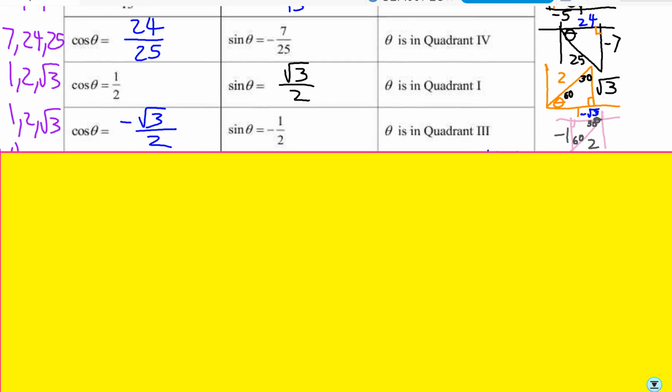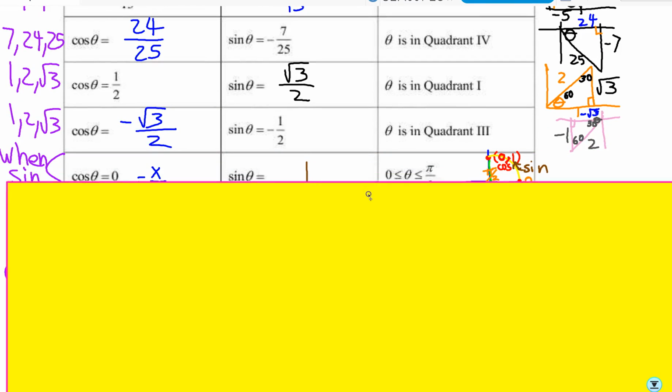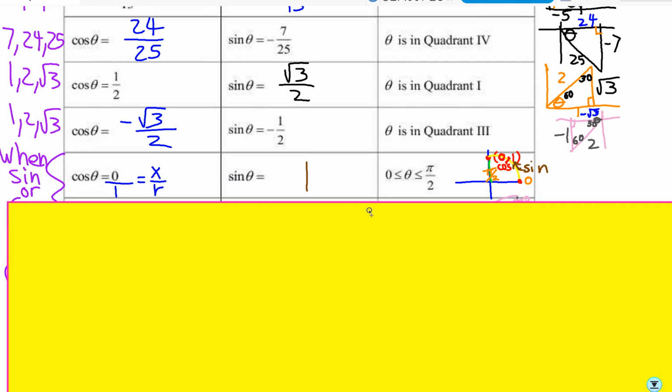For the last 2 rows, we are doing unusual ratios, starting with cosine 0. So we know from page 12 that cosine theta can also be rewritten as x over r. And we know also, if it's the unit circle, that if I've got cosine 0, our radius is going to be 1. So if my radius is 1 and my x value is 0,